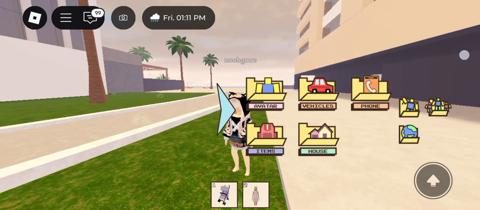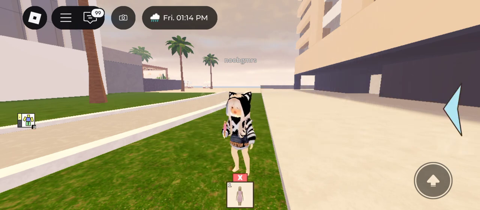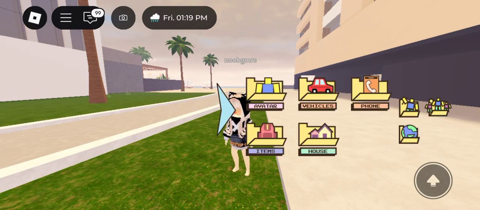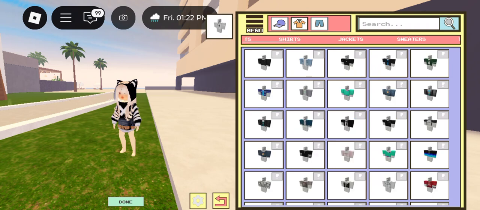So first, you can just choose the best outfit for your avatar. You can create one on your own or use your favorite outfits. After you put on your favorite outfit, if you want to save it, you can just tap on